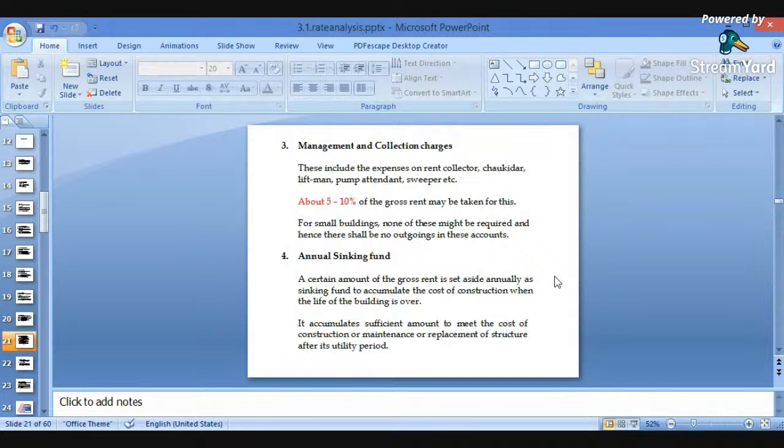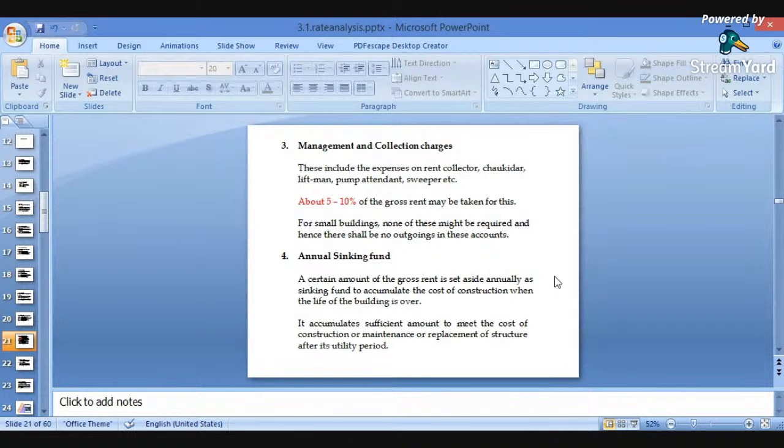We are keeping some amount from the rent aside, so that after completion of the life of the building, that amount can be used for reconstructions. Or that amount can be used for maintenance work, or reused for repair works. When the life of the structures has been completed, that amount will be accumulated, and that huge amount will be used for reconstructions, because the life of structures will